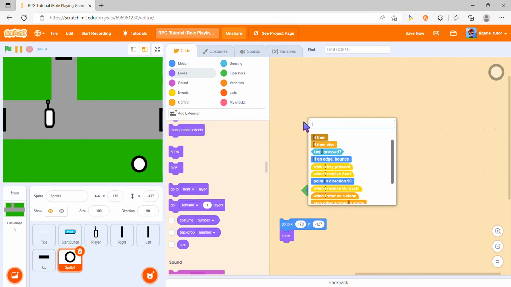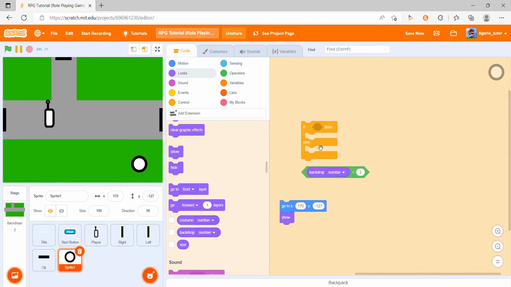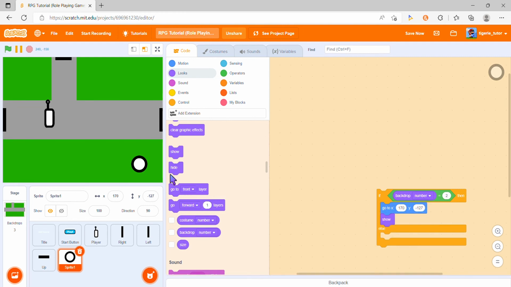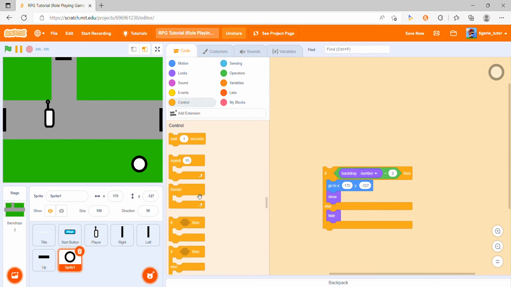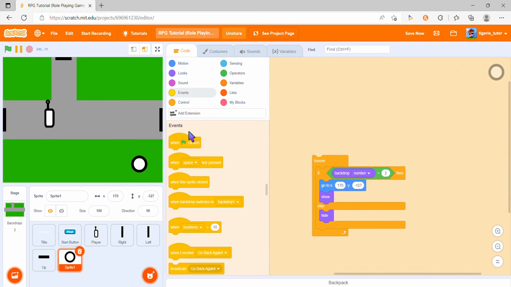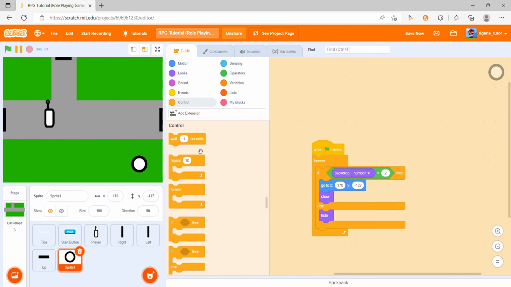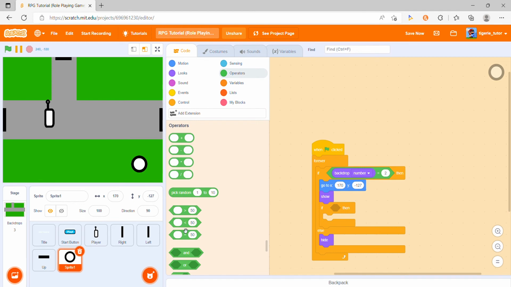So let's say if then else with this add-on. If then else, and now we can put it here, show, else we should hide, and this should be in a forever loop, and events when flag is clicked. So it's like this for now, but we want to say something when it's clicked. So if, operators, go to SA